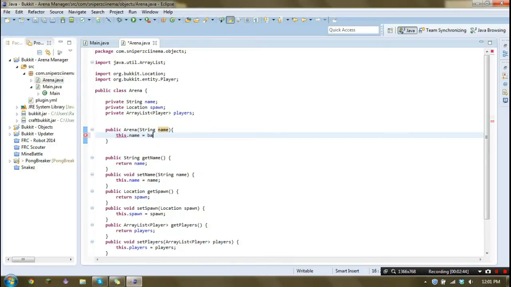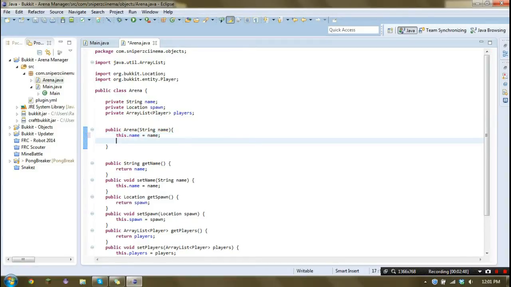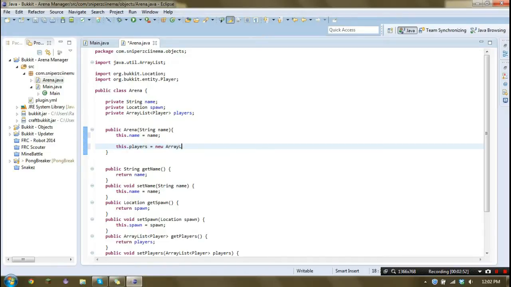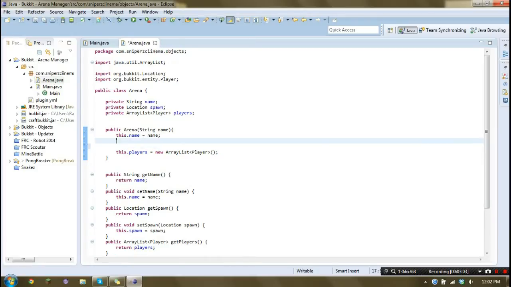Oh, hang on, here we go. Okay, so I've left out spawns because what I'm going to be doing is going from a config to get that. So in order to do that, we would